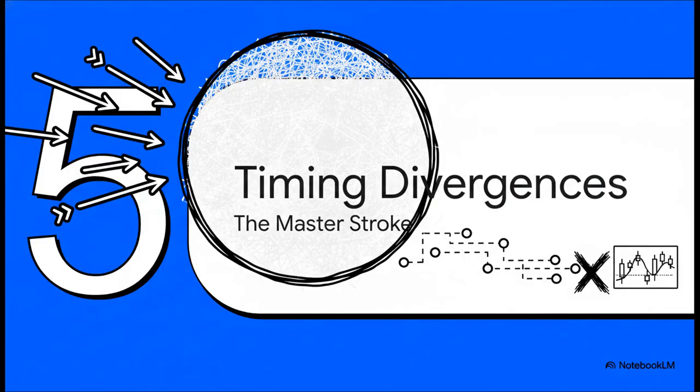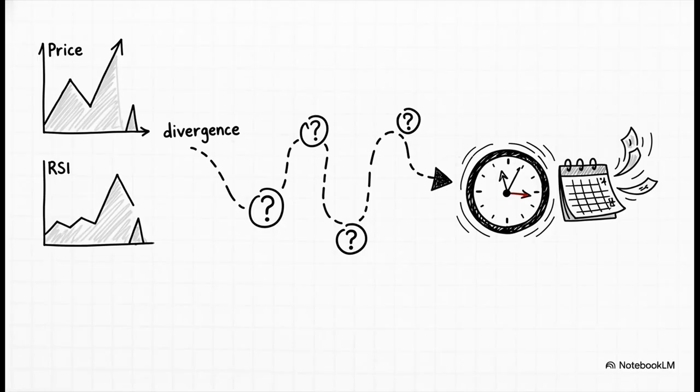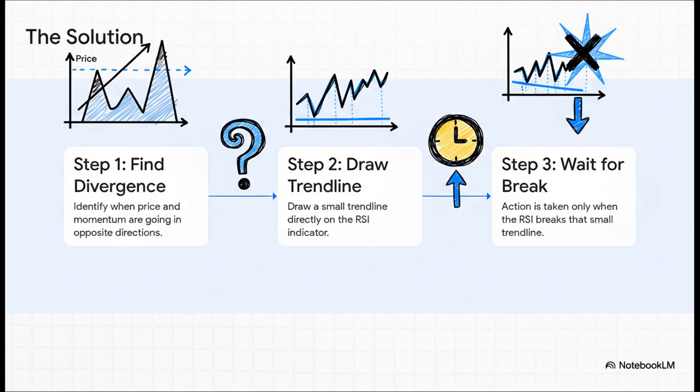All right, are you ready for the masterstroke? We're about to take one of the most famous RSI signals, the divergence, and we're going to fix its single biggest flaw. It's absolutely terrible timing. Here's the problem every single trader faces with divergences. They are fantastic at warning you that a trend is losing steam and a reversal might be coming, but they are absolutely terrible for telling you when. A divergence can flash on your screen for weeks, sometimes even months, before anything actually happens. It's frustrating.